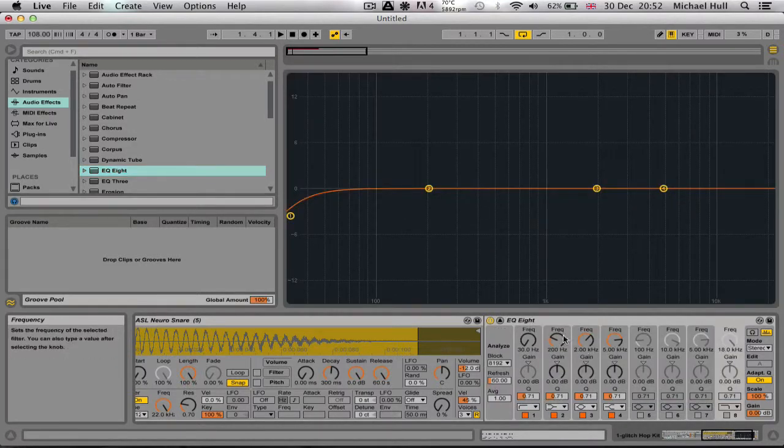You'll see in here, that's where the peak frequency is hitting, at 254. So what I would do is sometimes exaggerate that to give it an even more